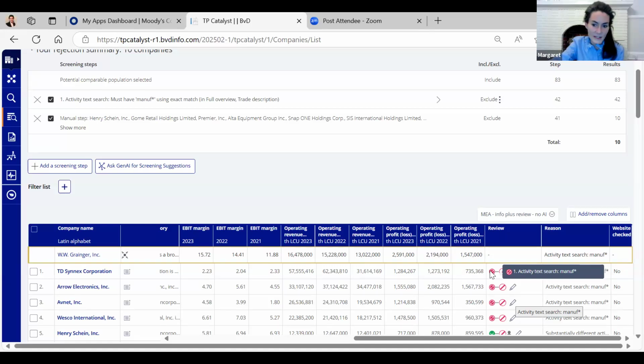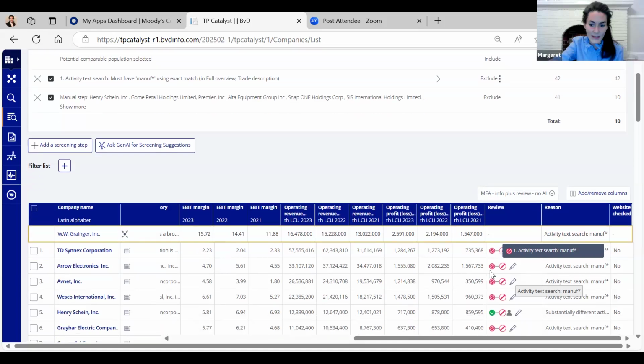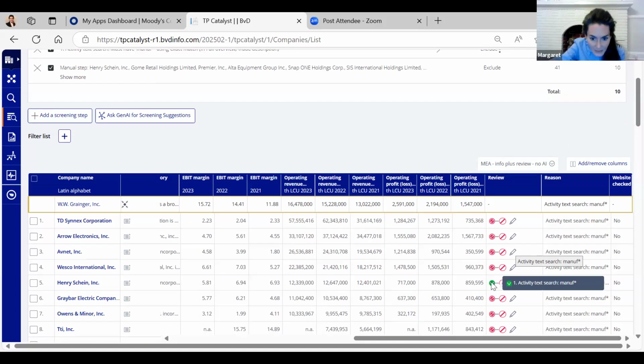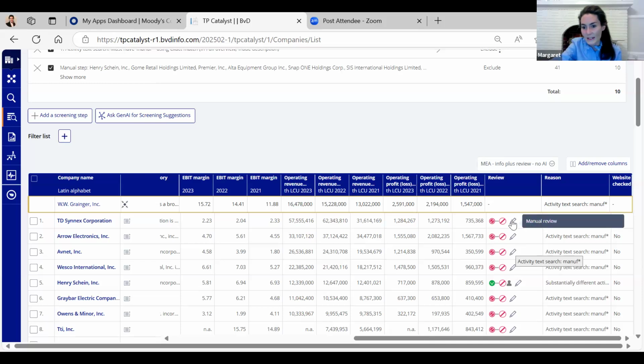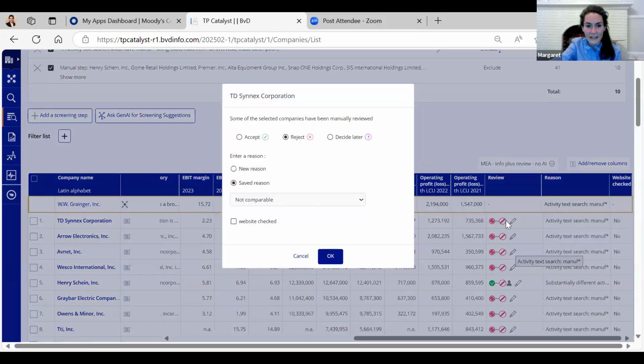So this first company, it didn't pass the screener step. But this company number 5, it did pass the screener step. So if I'm creating my elimination matrix in the tool, I would go in and click the pencil. And when you do that, it gives you this pop-up box. So even with the screener step, the tool's not making the final determination of accept or reject. The user still needs to go in and make the final determination.